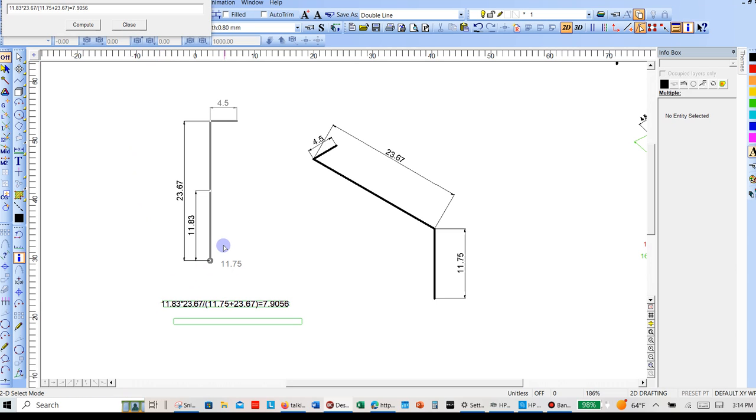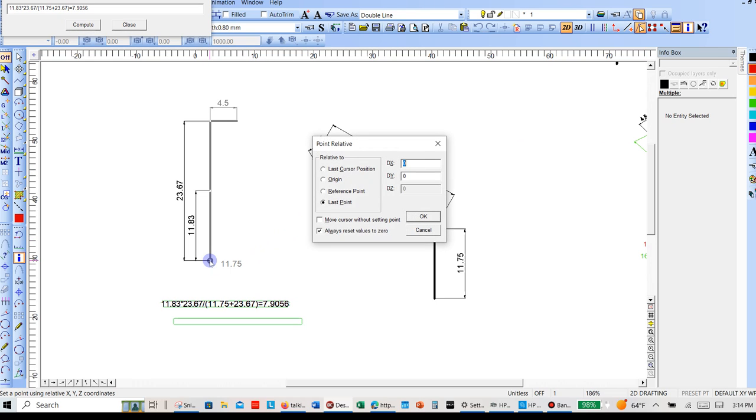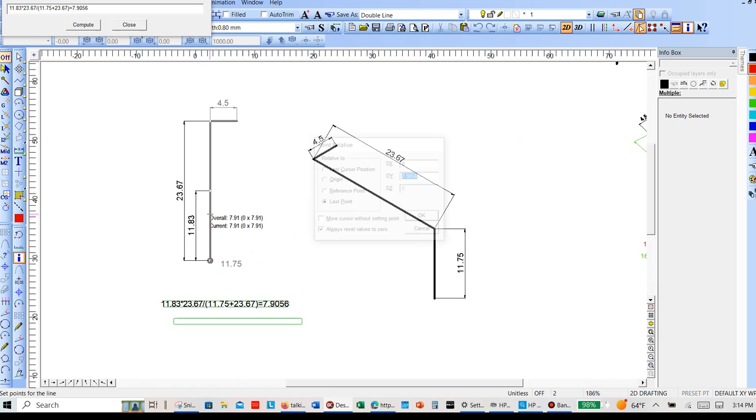All right, and then now we know, let's change this to red. V, relative tab, 7.9056, enter. Enter, and that's the red part. So that's the vertical. If we look at the other one, so let's say, I'm going to take that,